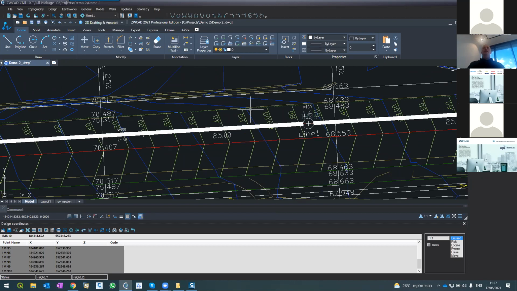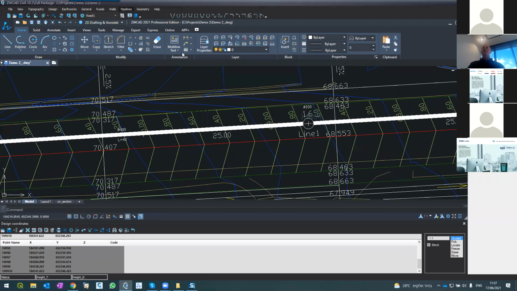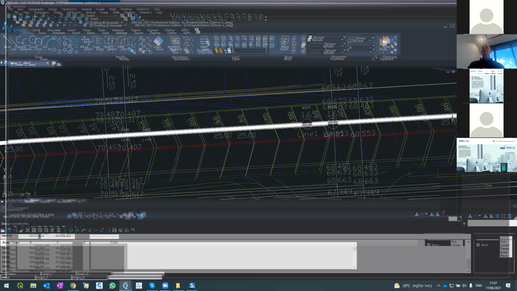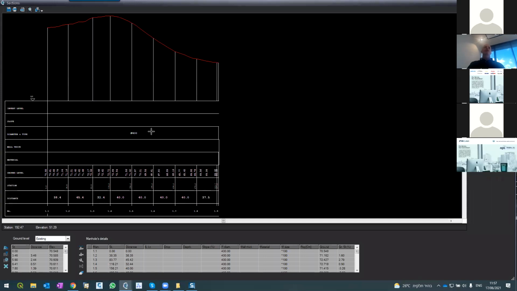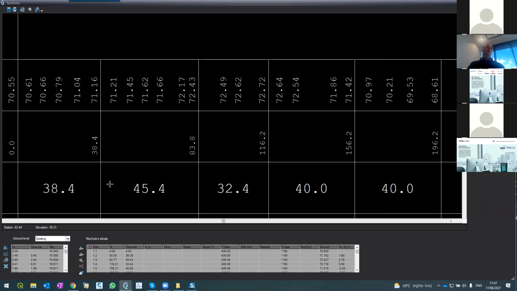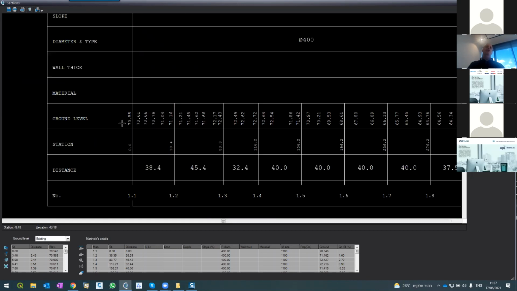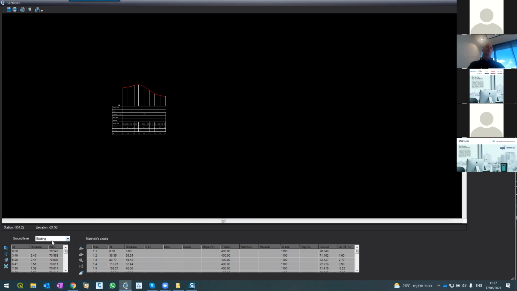Now I want to design the section. If I go to pipeline sections and apply, this is the profile. And each section, sorry, each manhole appears here. The first one that we did, and then the 40, 40, 40 meter, which we did. And all the data is here. But in fact,